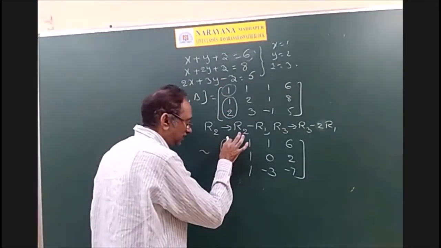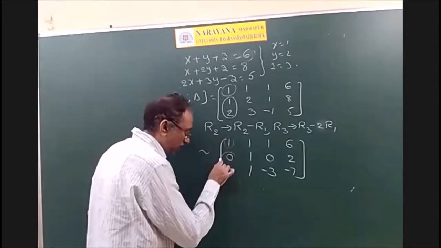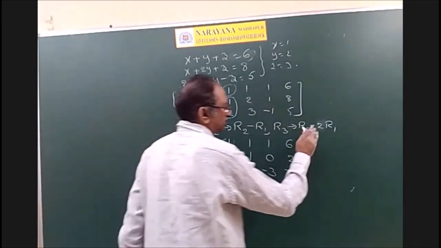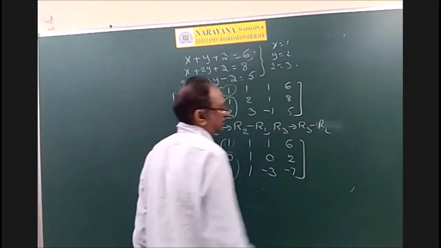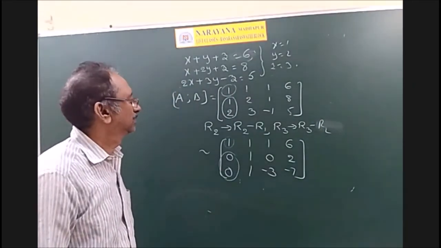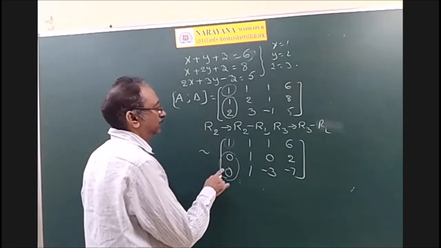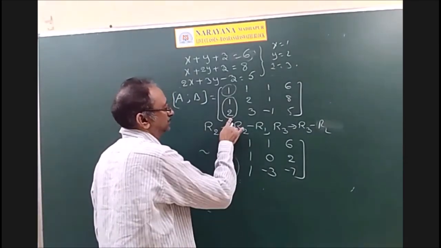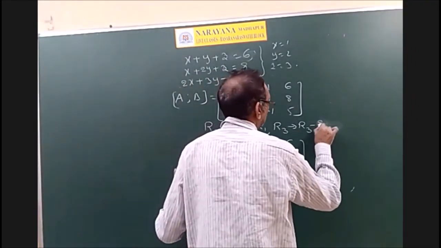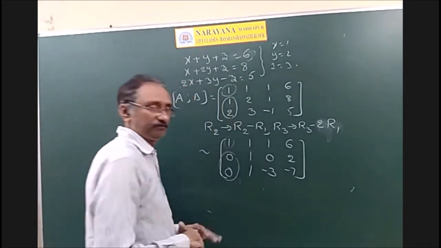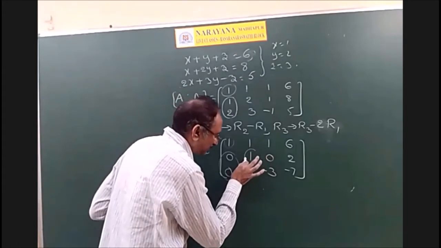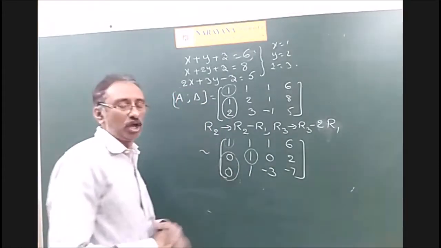What is the first step? This is non-zero and these two are zeros. Then you say something, sir, I don't do this operation, sir. Simply I will do R3 minus R2, sir. Or after completion of this, I will use R3 minus 2R2. Okay, no problem. And now after this, make sure that the next diagonal element is non-zero.